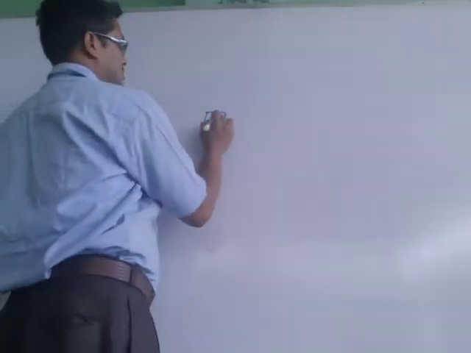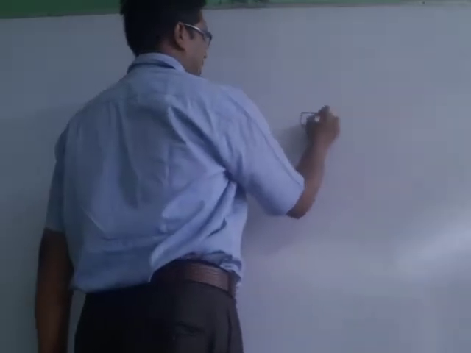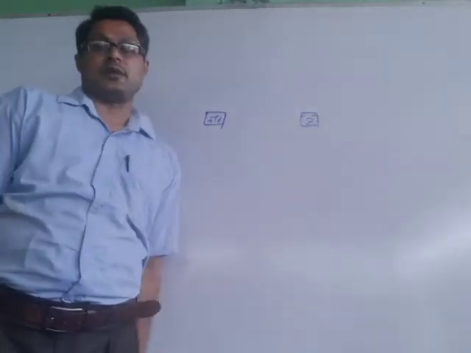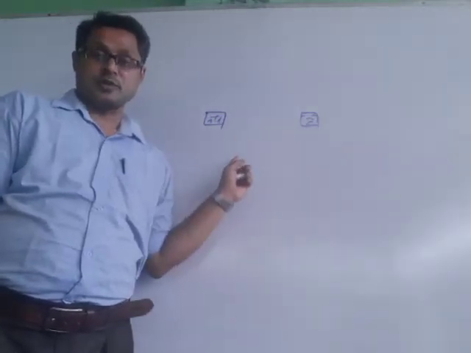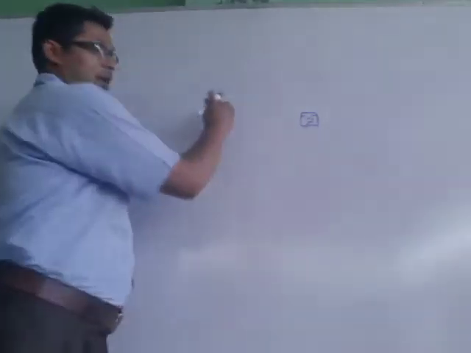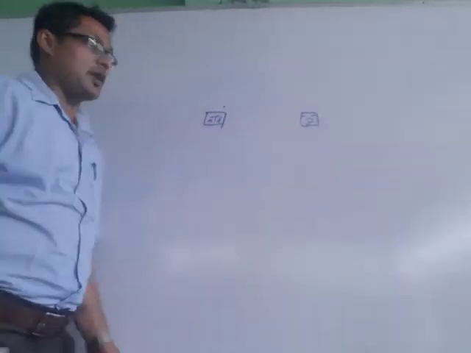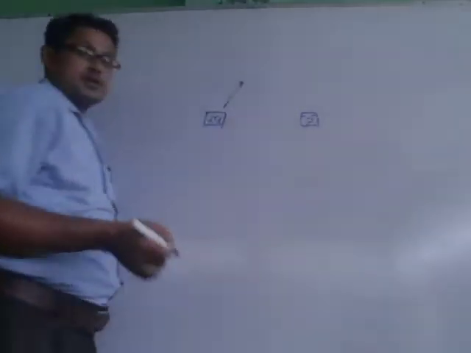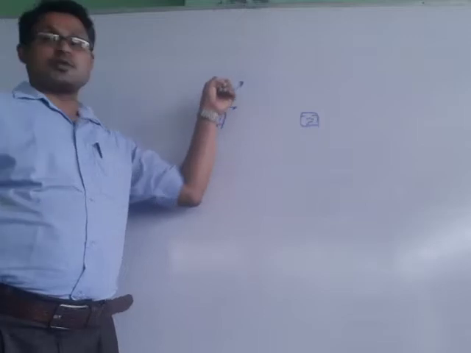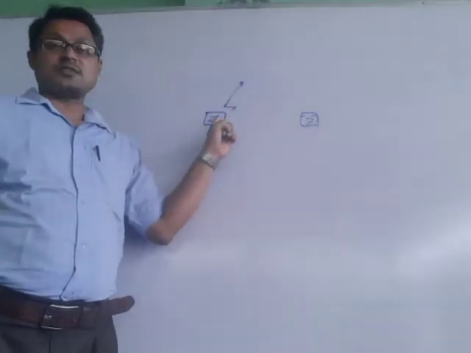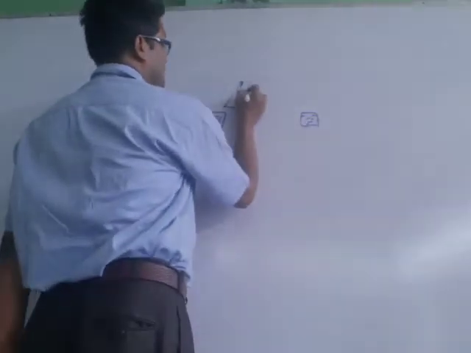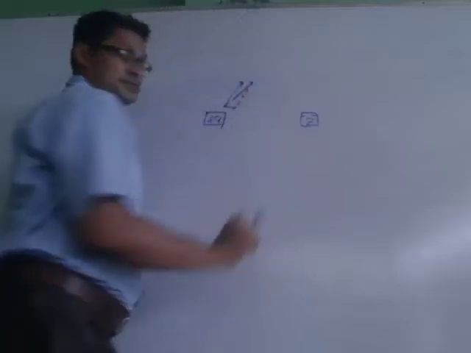This is a body which is charged positively. Automatically another body will be charged negatively because I have to shift electrons from here to here. So if one body is charged positively, another body will get negative charge. Now if we release one point charge here, what will happen? This will give the repulsion force and this will give the attraction force. But you see, this repulsion force is more than the attraction force because this is nearer and this is far away. So now the resultant is acting in this direction.